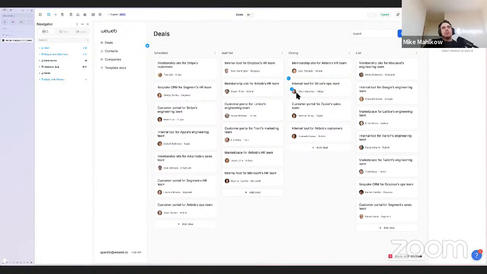With WeWeb, the default hosting environment is obviously the WeWeb deployment environment, which runs on AWS. But users also have the option to self-host applications as well. Okay. So you can self-host the application on infrastructure that is yours. And what is really cool there is when you